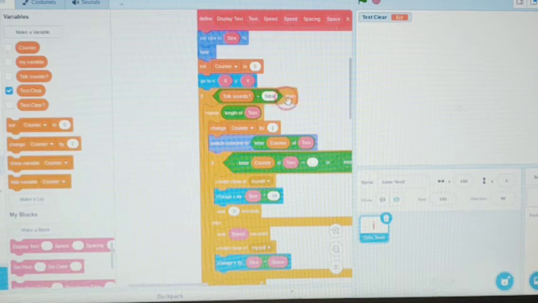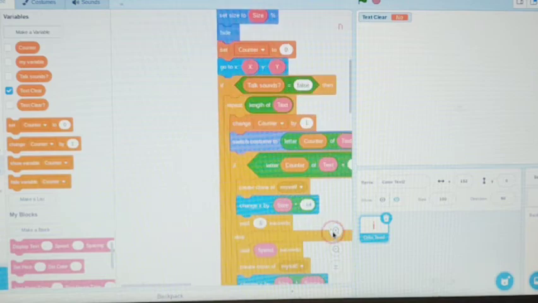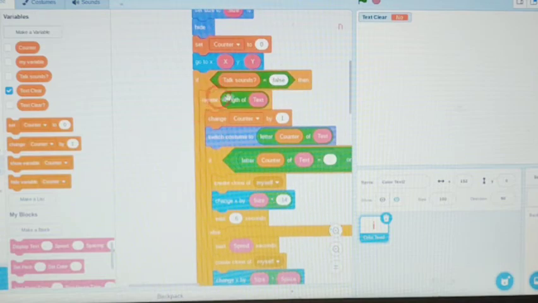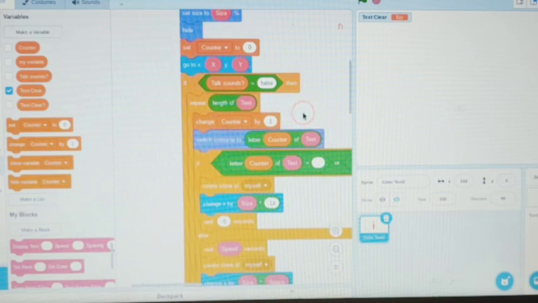If it's false, then we're going to want to repeat length of text, and also feel free to pause the video if you need it to find all of the blocks that you need. So we're going to do repeat length of text, change counter by 1, switch costume to letter of counter of text. And then